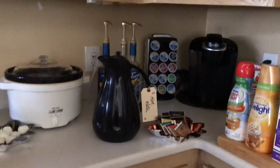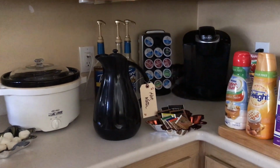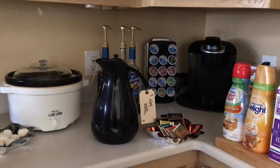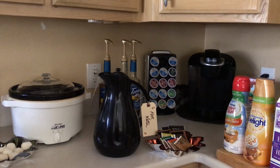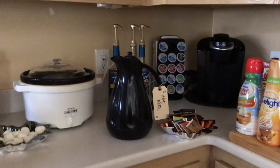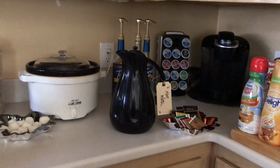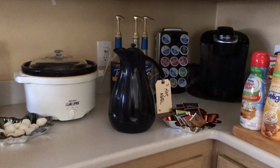Okay, so this drink bar idea came as a combination of ideas. Everybody does a coffee bar thing these days, and I was also thinking about after Thanksgiving, there's somebody on YouTube, I'm not sure who it is, it might be Kimmy from She's in Her Apron, who does a pie day with friends after Thanksgiving. So like the day or two after Thanksgiving, all their friends come over and they bring their leftover pie and everyone just shares it. And I thought that would be not only a fun idea,